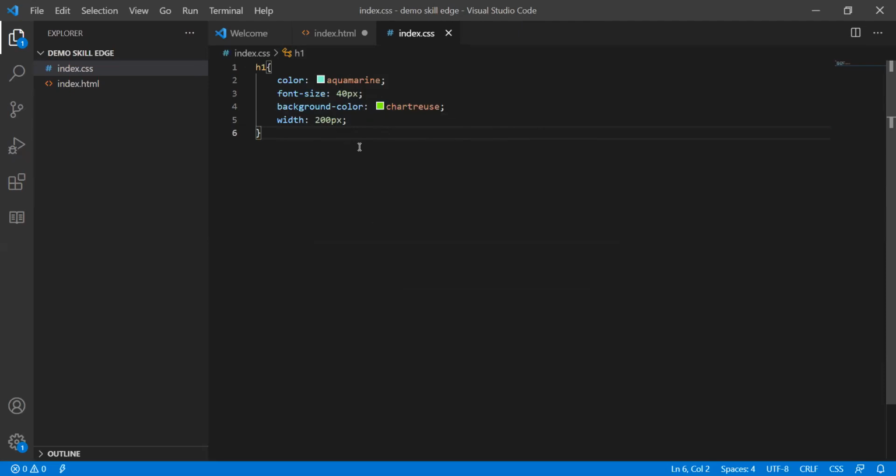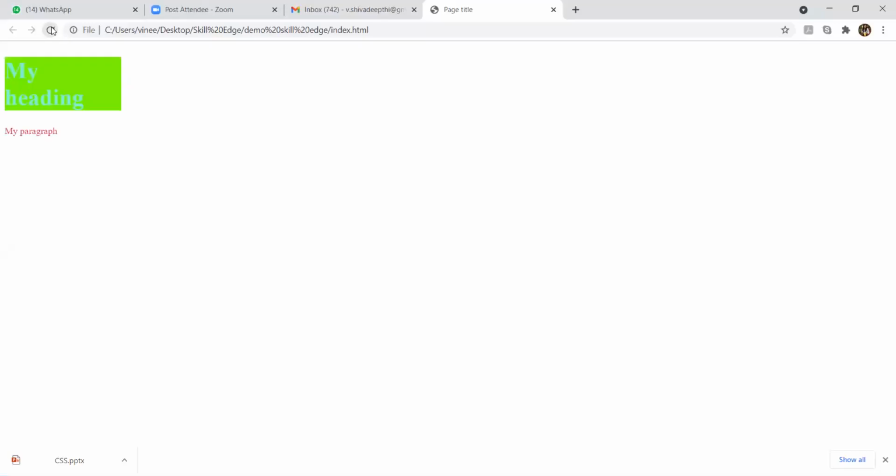Let us quickly check the output. See, the background color has been applied. We'll change some colors here: in place of aquamarine, I will put black.